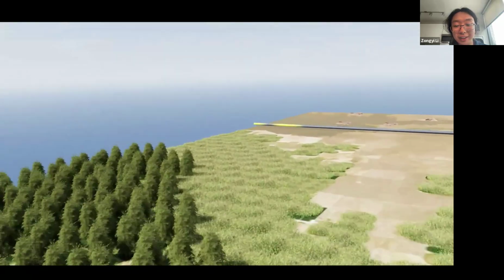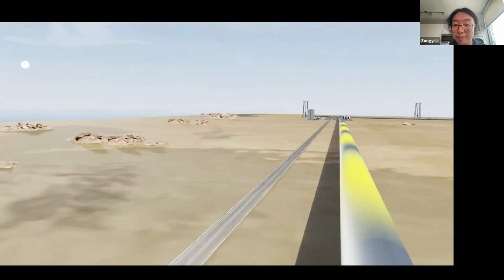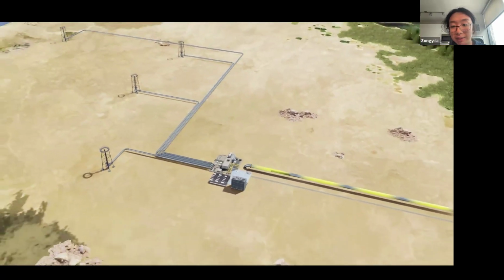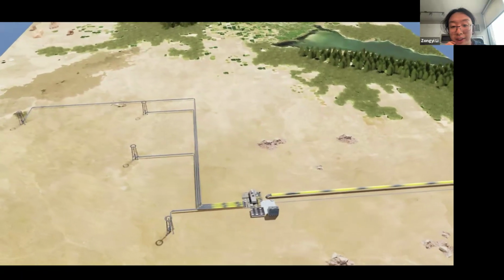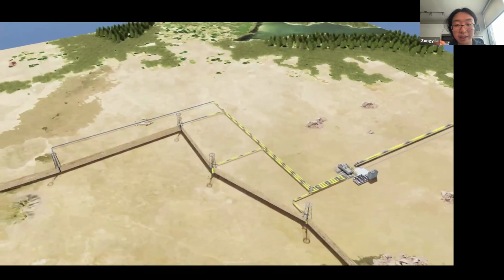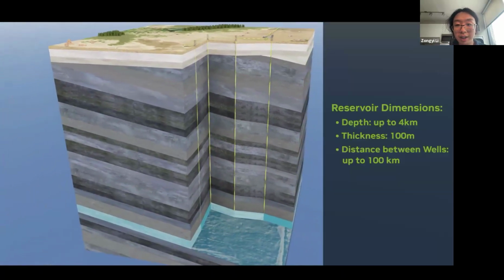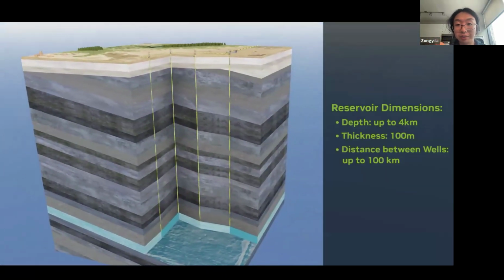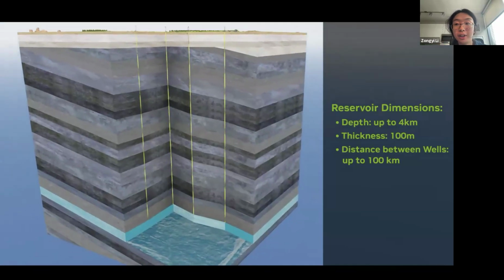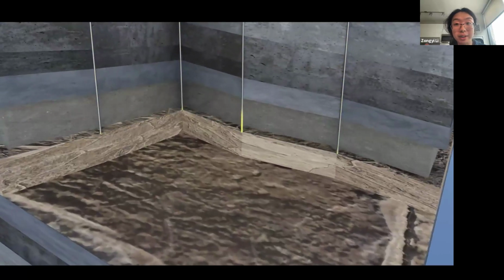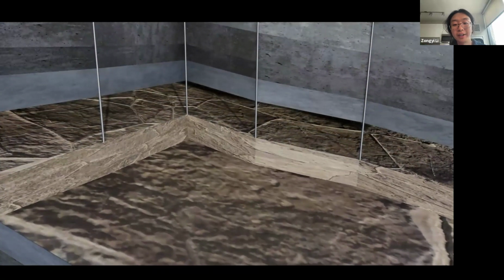Another example is carbon storage. In many cases, in power plants or oil industries, instead of releasing all the carbon into the atmosphere, they can instead store it, injecting it underground. They will have several wells and put the carbon dioxide into the underground reservoir, so it will not cause global warming in the air.